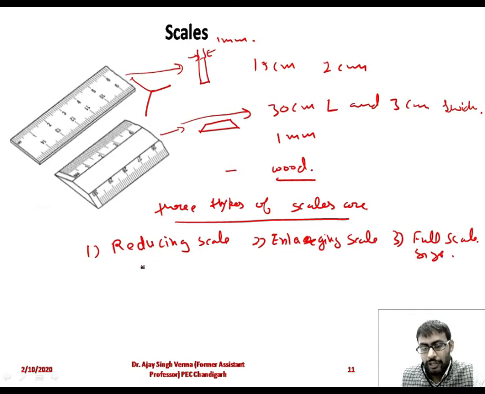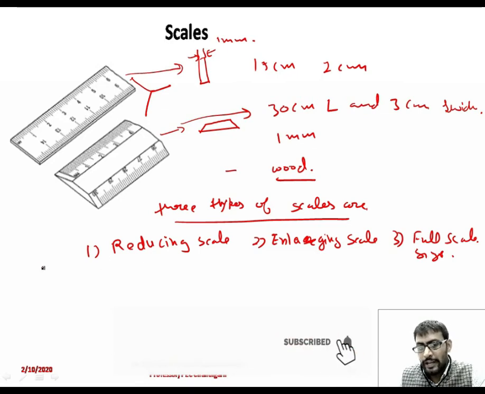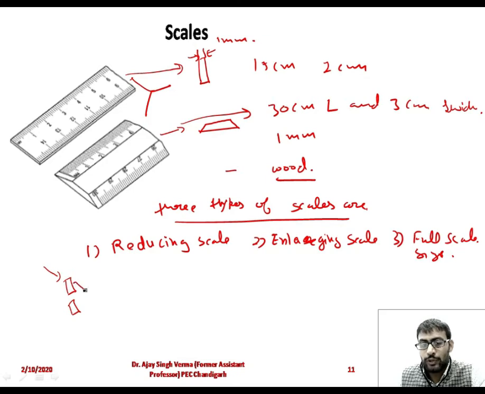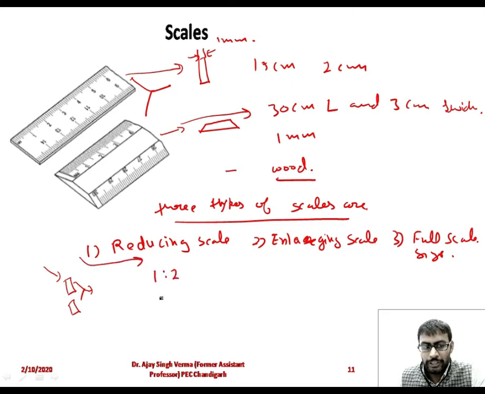For example, if you have to plot a building diagram, from a civil point of view, you cannot plot this building on an A4 sheet or A3 sheet. So you have to reduce the size of the actual object. In that type of problem we will go for the reducing scale. For example, 1:2. These are some ratios that we will use in our coming classes. In our scale problems, linear scales, vernier scales, and various other types of scales we will study in our coming lectures.